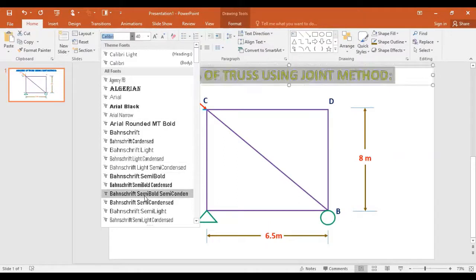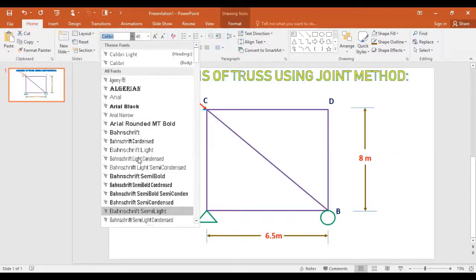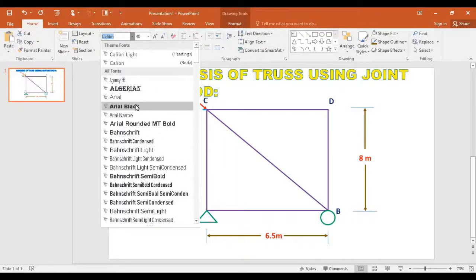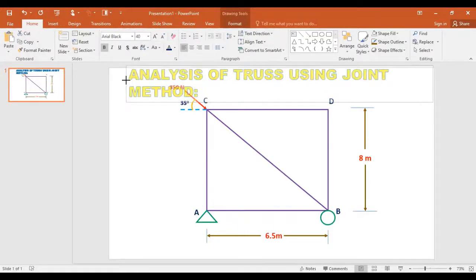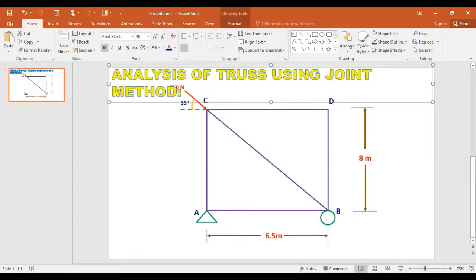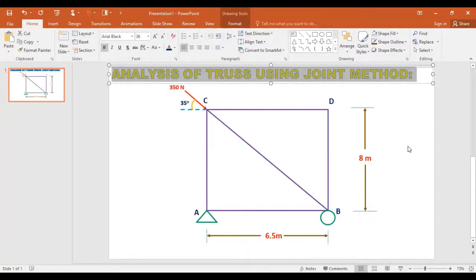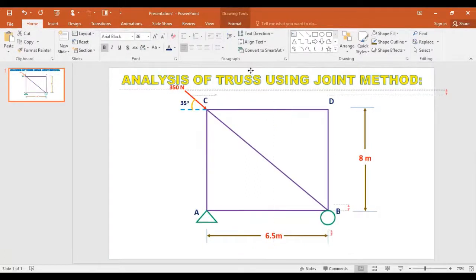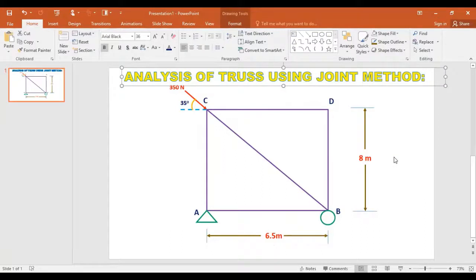For example, which theme font is looking nice. So Arial Black, I think Arial Black is looking good. One more thing I want to tell you here, I think it's not getting adjusted, so I should reduce its size. So this is the way you can make your diagram here on the PowerPoint, and you can present it well.